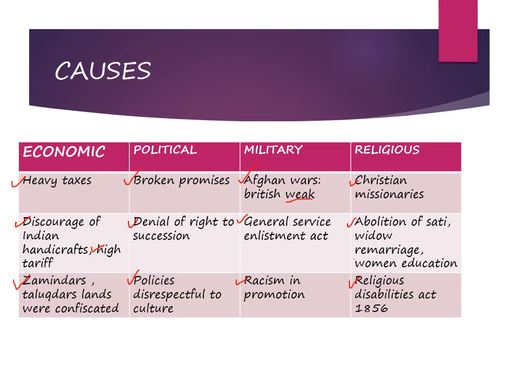Religious causes include racial overtones, activities of Christian missionaries, abolition of sati, support to widow remarriage and women's education. Now, these were not well received by the Hindus. There was a decision to tax temples and mosques, and there was also the Religious Disabilities Act 1856, which said that change of religion did not debar a son from inheriting property of the father.